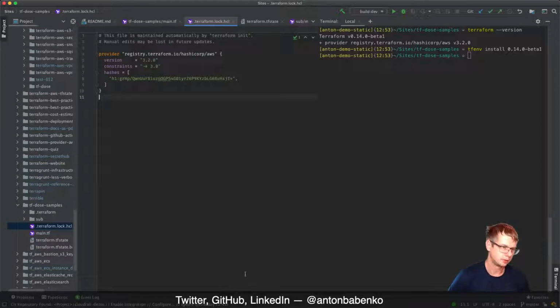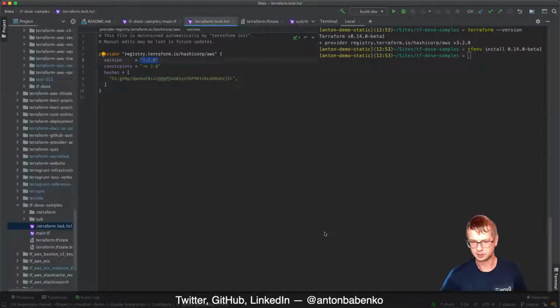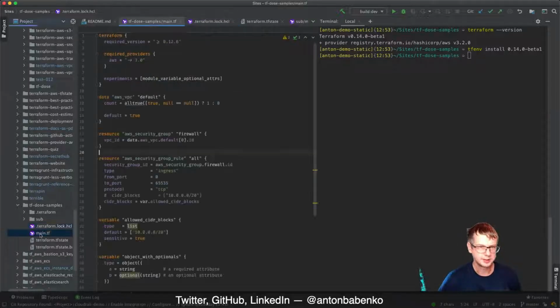Then people who have this file will just run terraform init and they will use only the specified version as it is given here. You can also write something like terraform init -upgrade, and then it will upgrade this lock file as well. So pretty much the same behavior as with any other programming languages and package management systems we have already. Not much to say about it. The second thing is